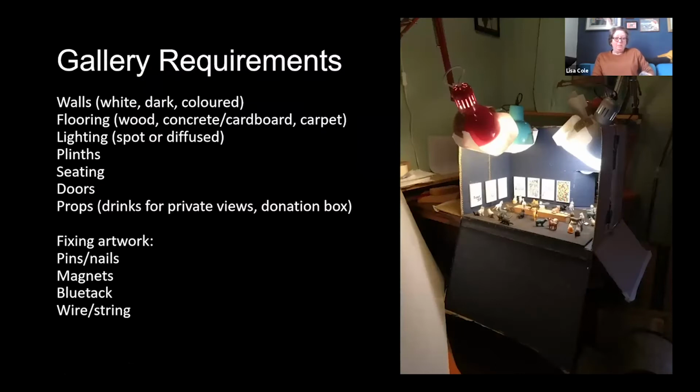So what do you need to run a gallery? You need walls, you need something to put your artwork on, you need some floors, you need lighting. If you have any sculptures, you want plinths, and possibly that might become seating. You might want doors. I had an entrance way into my gallery that I could photograph through,